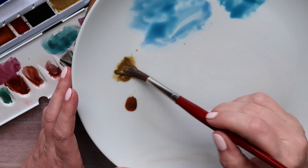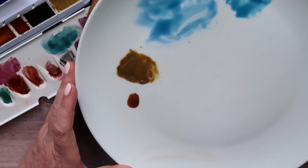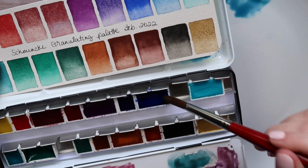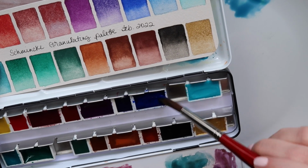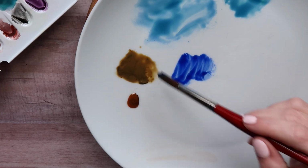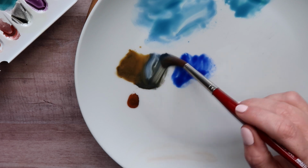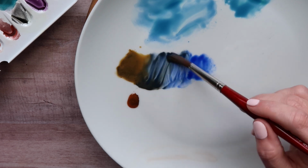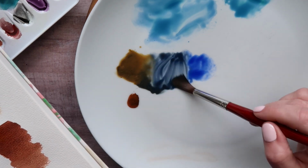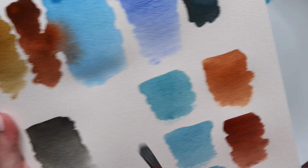This is the raw umber. Let's try it with some French ultramarine. So that looks almost like one of the Galaxy Blue. One of the blues, either the Deep Sea or the Galaxy Blue. That's really...